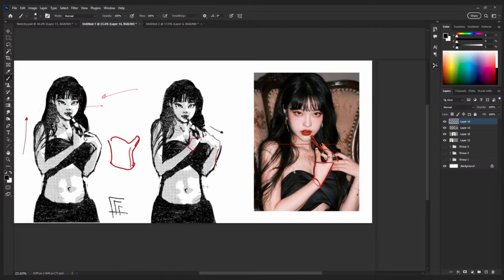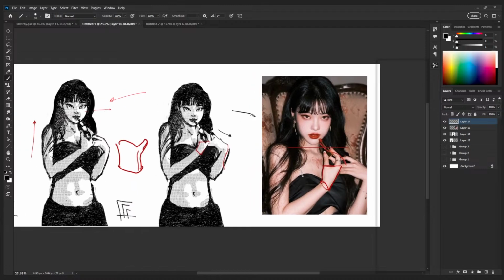I'm glad. The main takeaway is just refer back to your reference and measure angles, measure proportions, shapes, things like that, and you can do it fairly abstractly. You know, how big is the head compared with the hands? I'd say you've made the head a little bit small here compared with the size of the hands. This woman has quite a big head, which I think is part of the beauty standard in Korea or China,